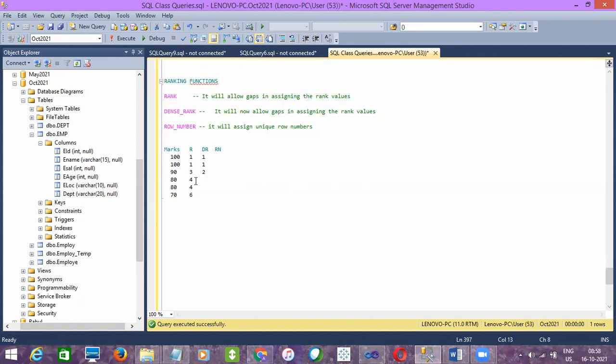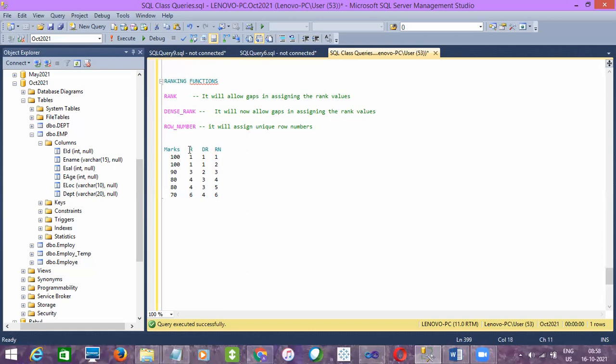And then 3, here also 3, and here 4. That's the difference between rank and dense rank. For row number, it is just the unique value. It will just enter 1, 2, 3, 4, 5, and so on, for however many values there are. It will not calculate any marks or anything. It will just sequentially give 1, 2, 3, 4, 5.